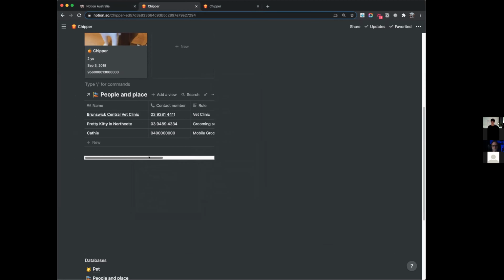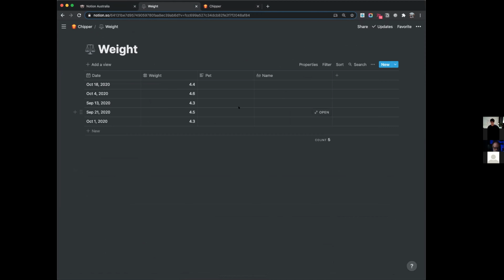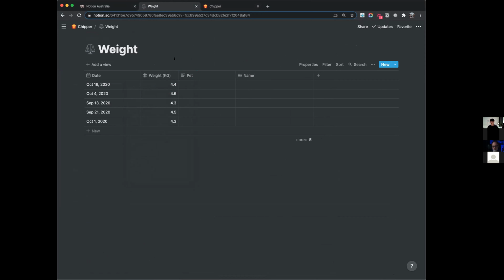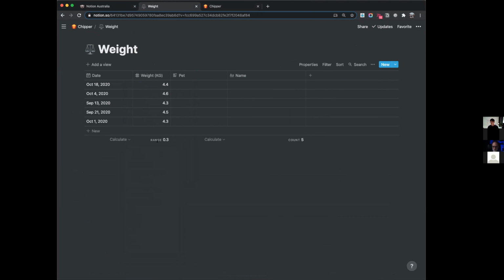Cool. Next one is weight. Let's go to the weight database. Now we've got the date, and I've got some pre-populated weights. I'm gonna add kg to it. So that lets us know Chipper is maybe a little on the other side of the scale, which is not skinny, but on the other side. But he's still okay at the moment, and we can easily hold him up. So that's pretty nice. And interesting just to see a range. Ever since he came home, he's just been fluctuating within 0.3. I think that's pretty healthy.